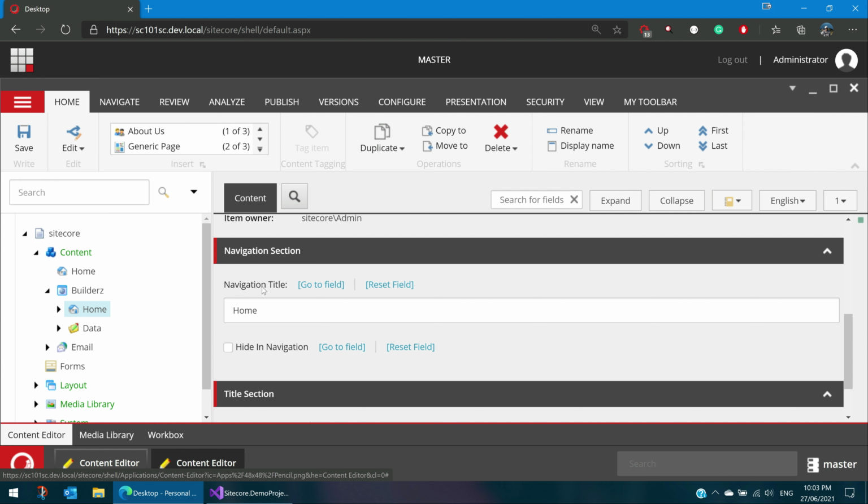Field name uniquely identifies the field in the template, and field title is a much more user friendly, readable name for the content authors. And we do not use this field title to fetch or to do any operations in the backend. It is mainly for the content authors' readability. So that's all, briefly, about field name, field title and field sections. Only the field name or field item ID is used in the backend code to fetch that particular field value.